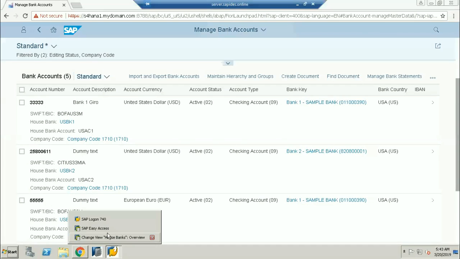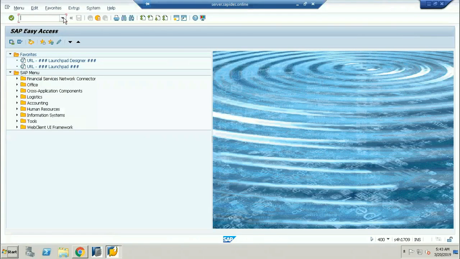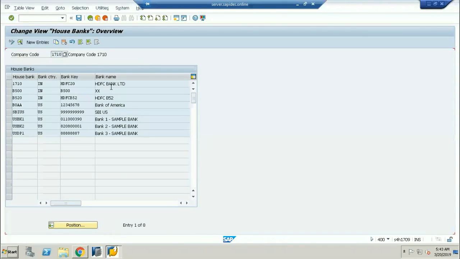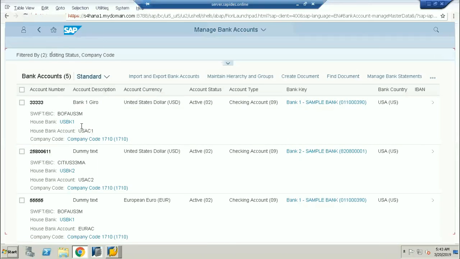Now let me go to another server. This is another server. Now I'll give the same transaction, same 1710. See here, I'm just scrolling here. USKB1.